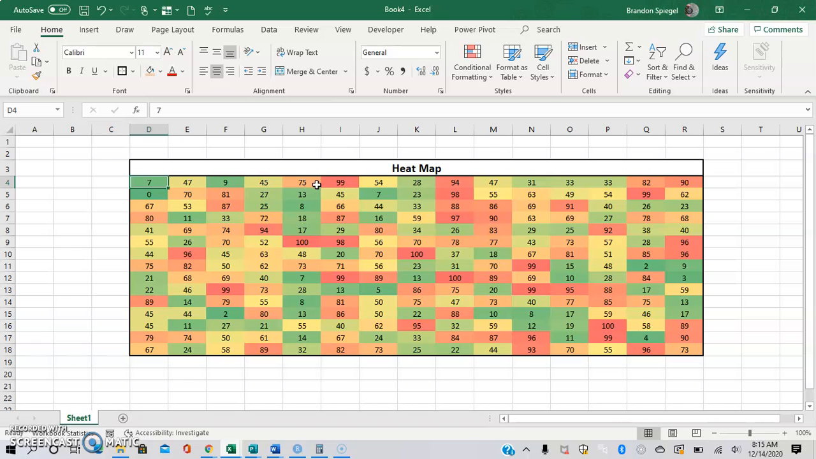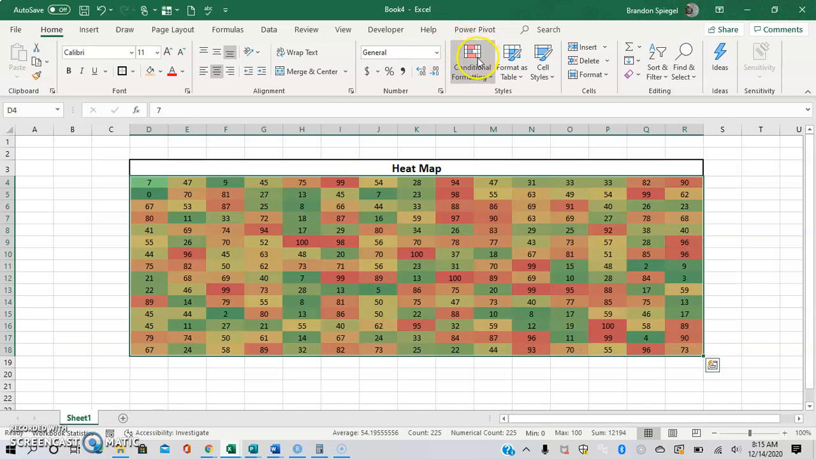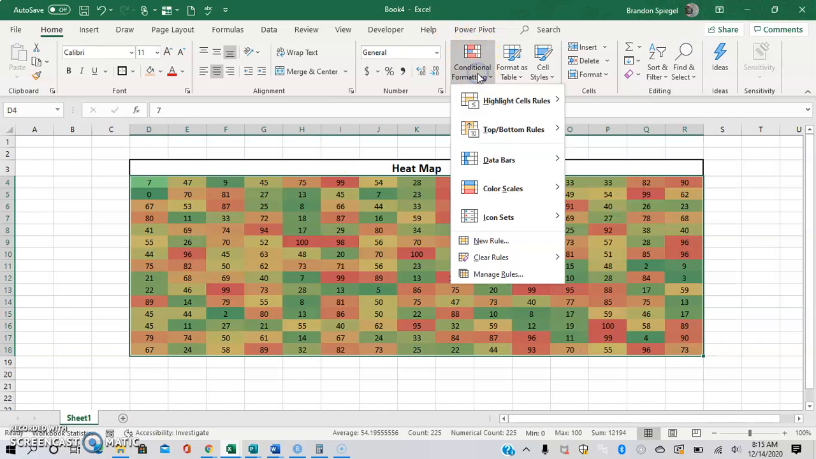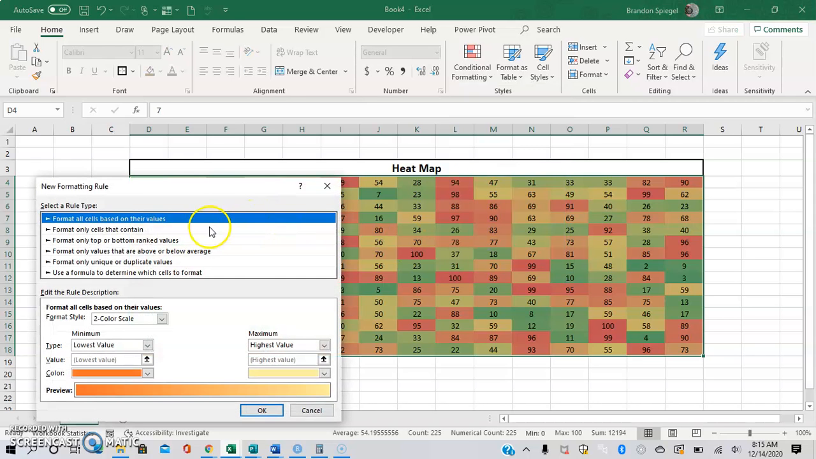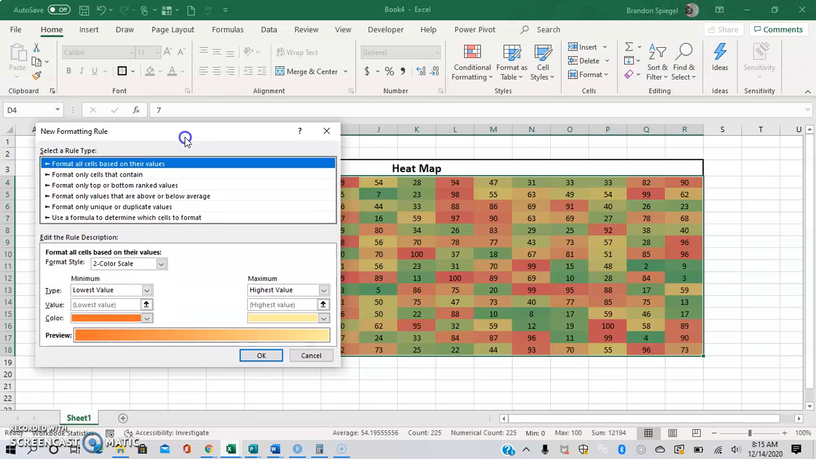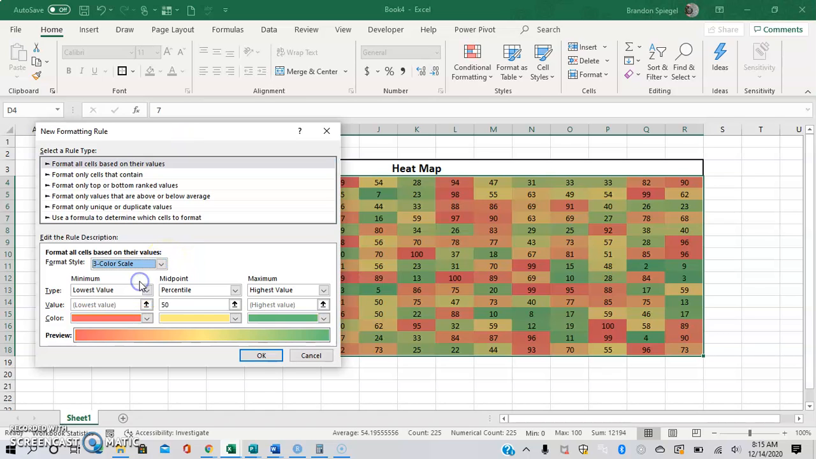Now, with that being said, there are a lot of ways that you can actually customize this. So, highlighting this range again, going to conditional formatting, and then New Rule. And here you can see it allows us to change the way that it's formatted. So for example, we can say it is a 3-color scale,